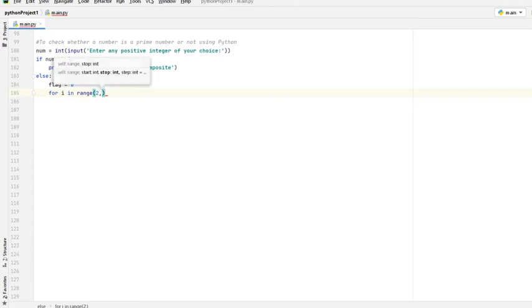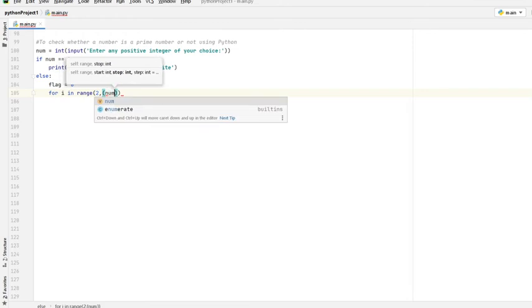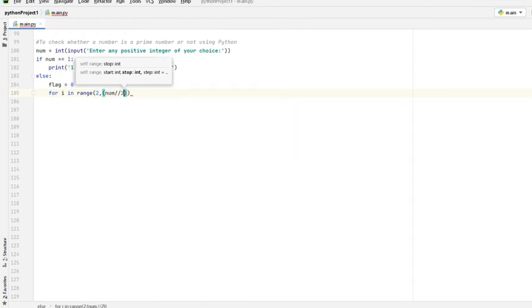So from 2 to num double divide by 2. Why are we using double divide? Because you have to use floor division here, we need the result as an integer value, and add 1 to it, because the range function starts from the initial value and goes to the stop value minus 1.